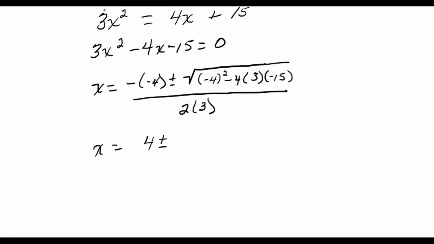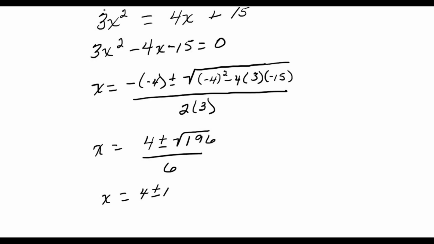When you put this part of the formula into your calculator, don't type in the square root. Just type in the part that's under the radical sign, the (-4) in parentheses squared, and be sure that -4 is in parentheses when you put it in your calculator. You'll get 196. And then you can try to take the square root of 196, and that is a perfect square. So you end up having 4 plus or minus